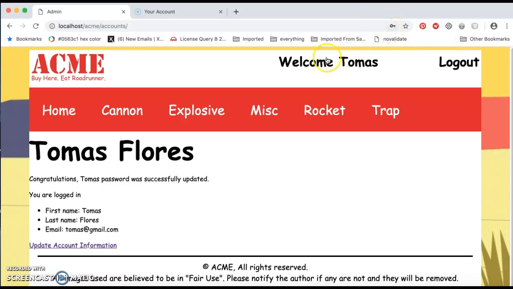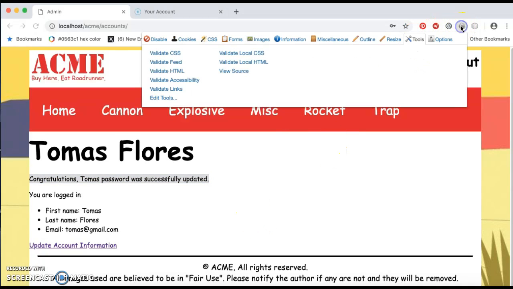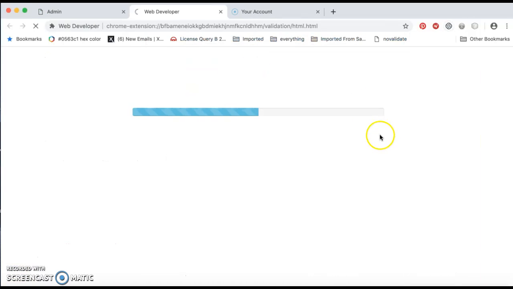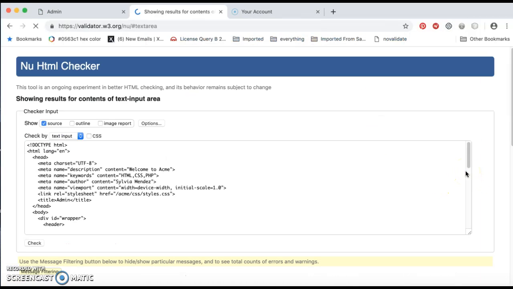Okay, so if a password fails the requirement, then the client is informed that they are required to submit a correct one. If a proper password change is submitted, then we will receive this message, which is a success message that is stored to the session, and the administrative view is delivered where the message is displayed. This view is validated in HTML,